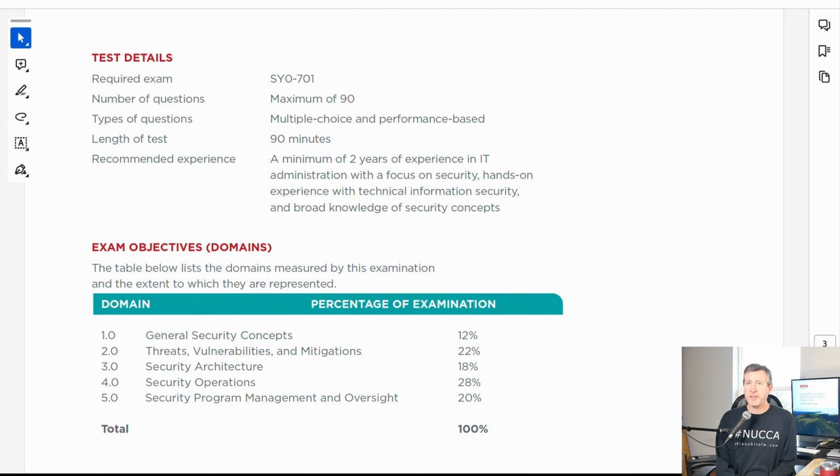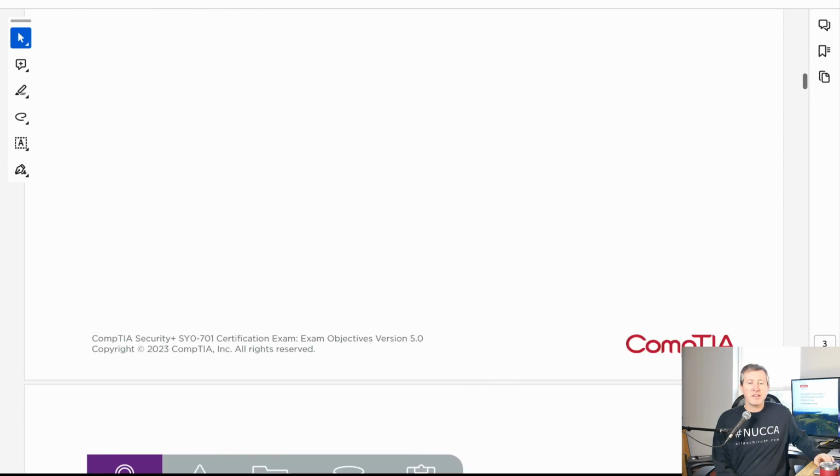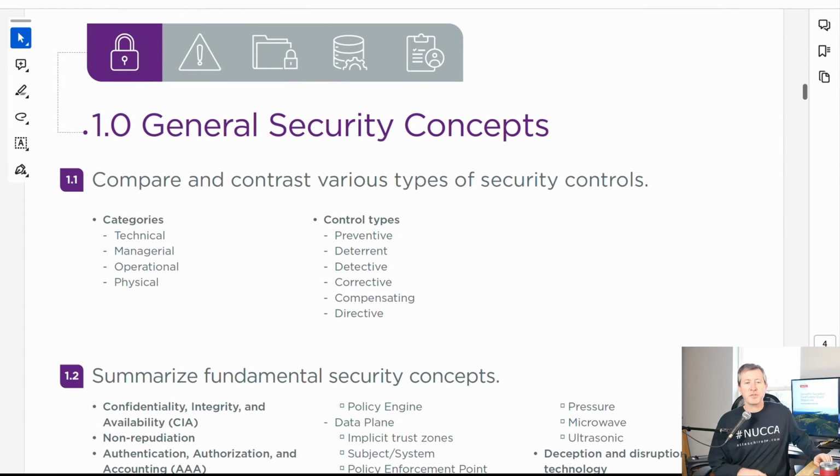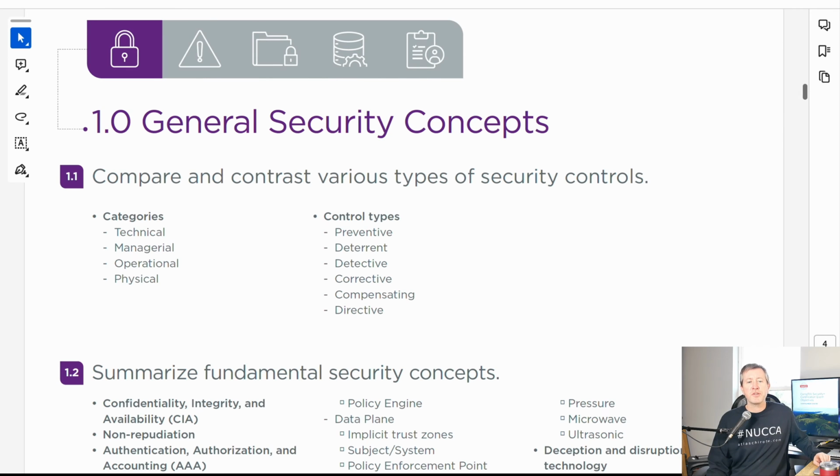That is also 1/5 or 20% of your exam. So let's go ahead and get into the details as far as the subdomains here. So starting off with domain 1.0, general security concepts, this is where we're basically going to start off into looking